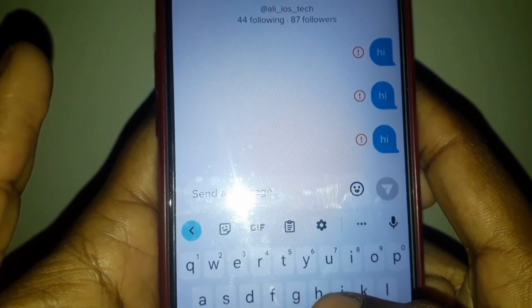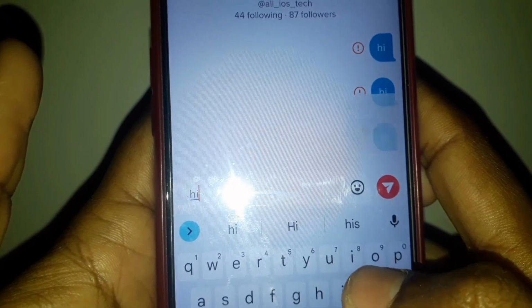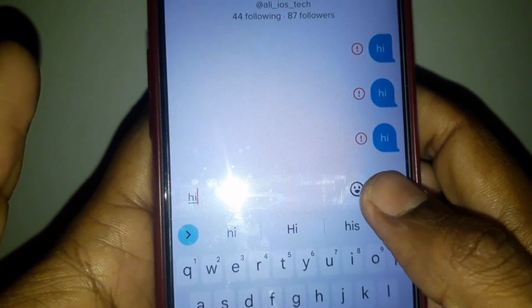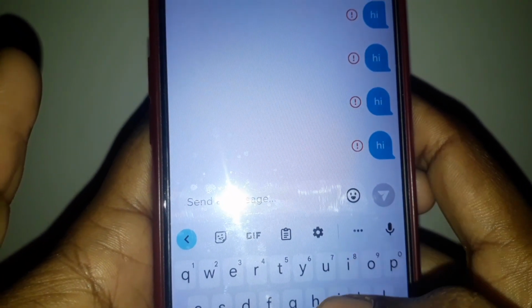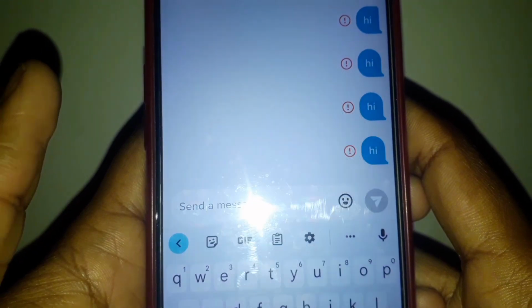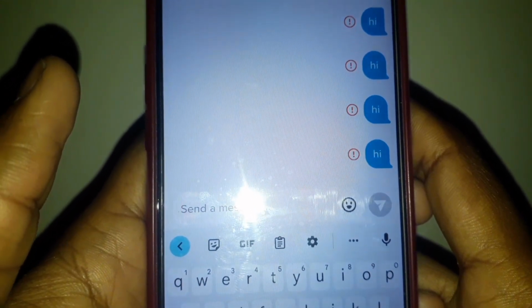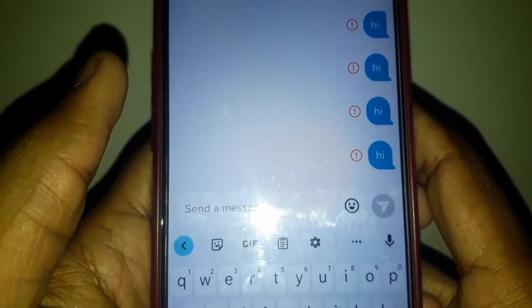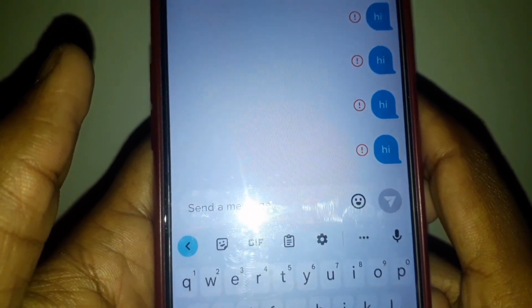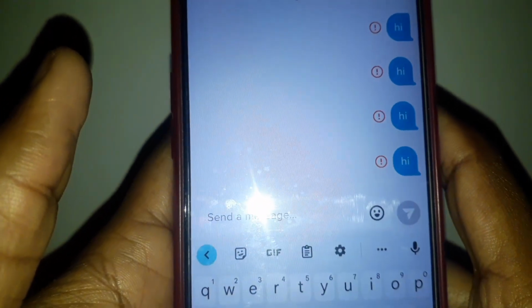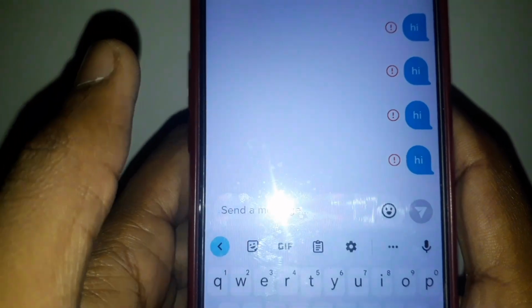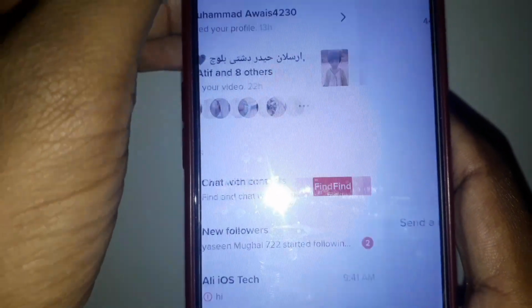Today we're gonna discuss how to fix TikTok message not sending. As you can see, if I send a message, then this is showing error. This kind of error occurred due to many reasons. One of the reason is you are not following that person. If you are following the person and still having the error, then I will tell you how you can fix